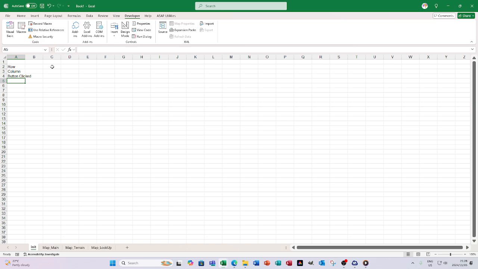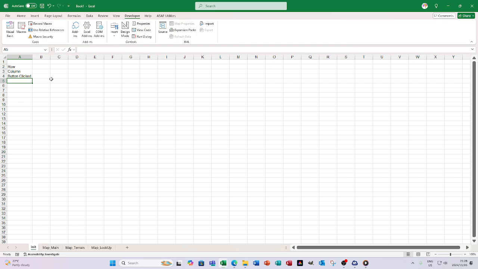And then I want to, so I think that is button clicked, that is fine for now. So these are the values that I'm going to be storing in these positions. So going back to my code,